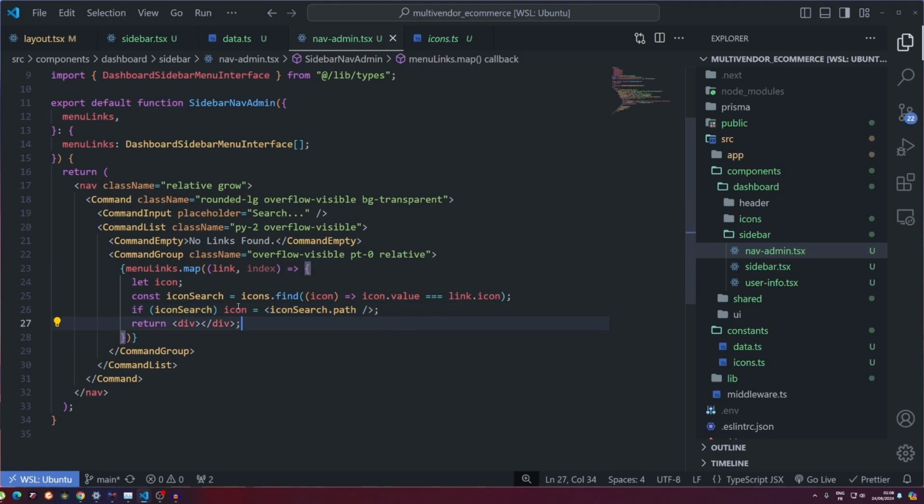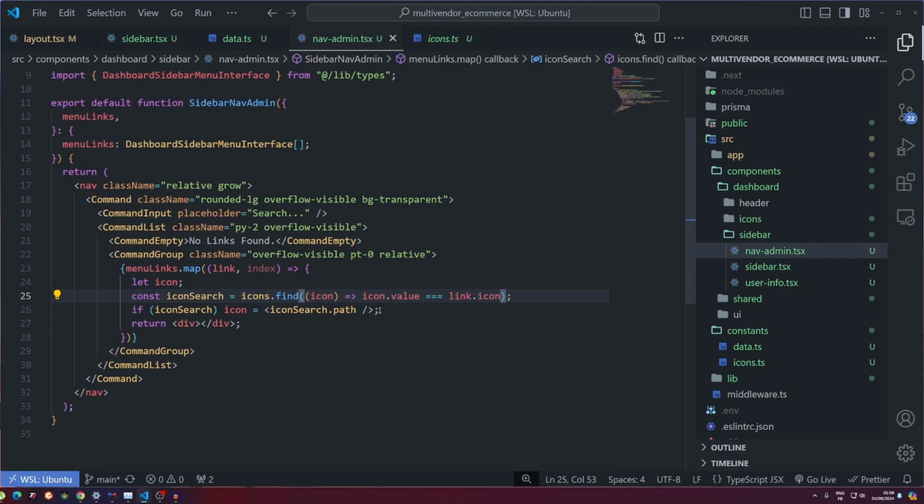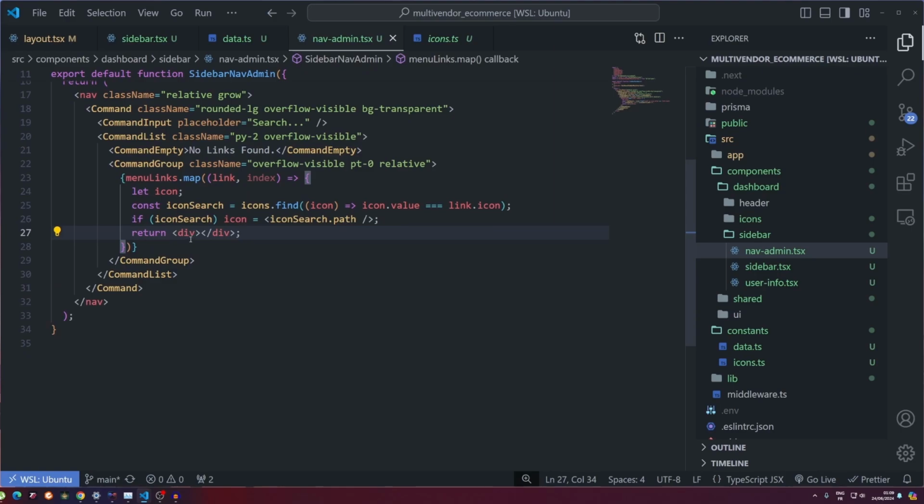So now we know our icon is gonna be a component whose name is gonna be the icon search, which is the icon that we are looking through dot path. So let's say for example we are using this one, we found it, then the component is gonna be the path, which is store icon. So it's like doing it this way, and it's gonna return that component, okay, and that works, and that's what we want. So now we're not going to return just a normal div, we're going to return a command